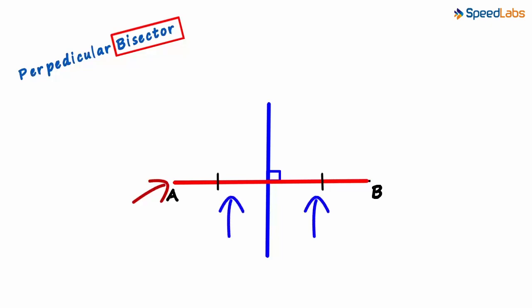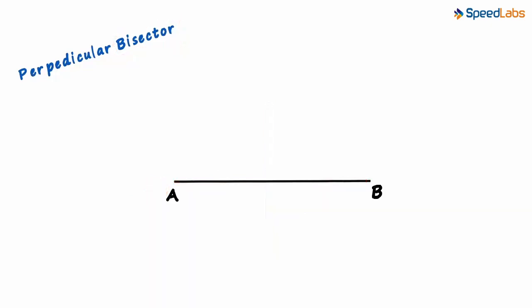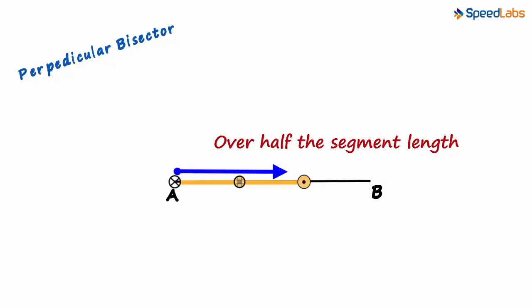two equal parts. The first thing we need to do is keep the compass at one end of the line segment. It can be at either of the ends, this one or this one. Let's keep it at point A. Next, we adjust the compass length to over half the segment length. At the end of the video, you will know why it has to be adjusted to more than half the